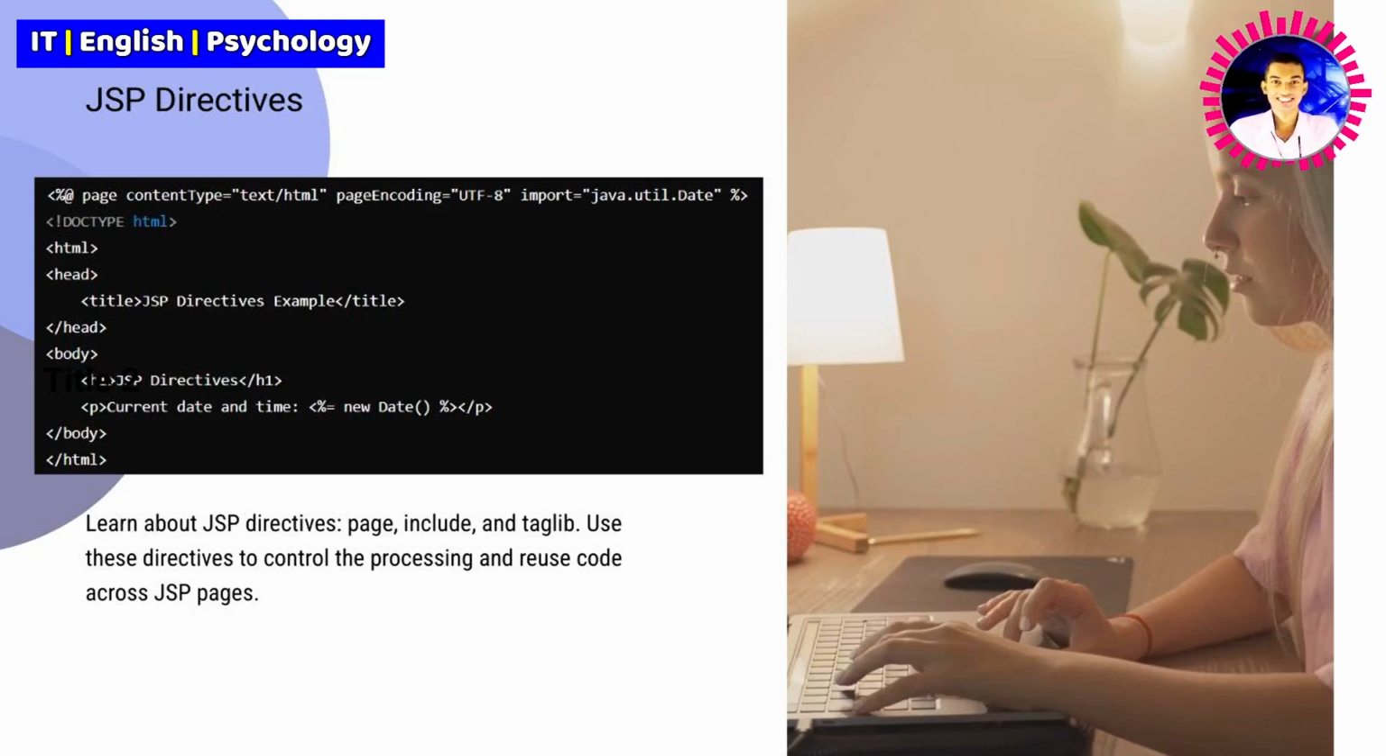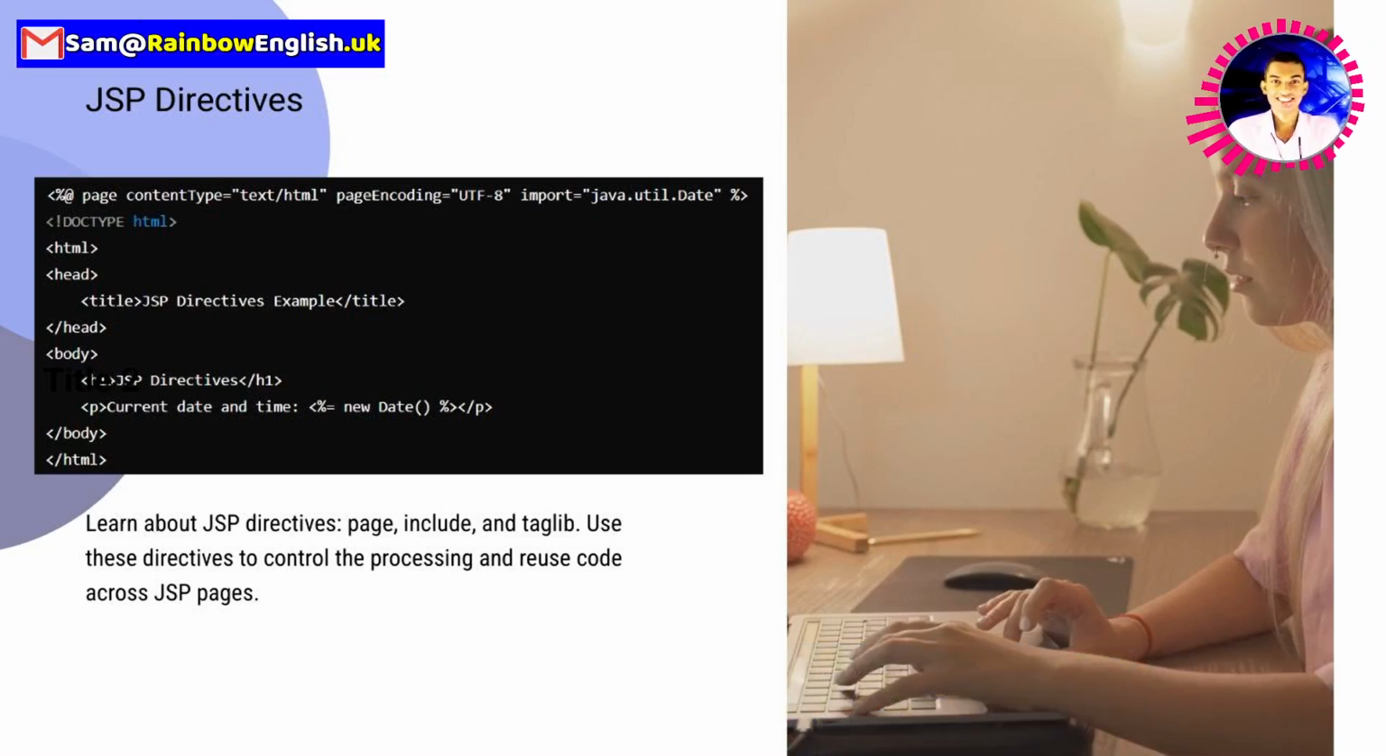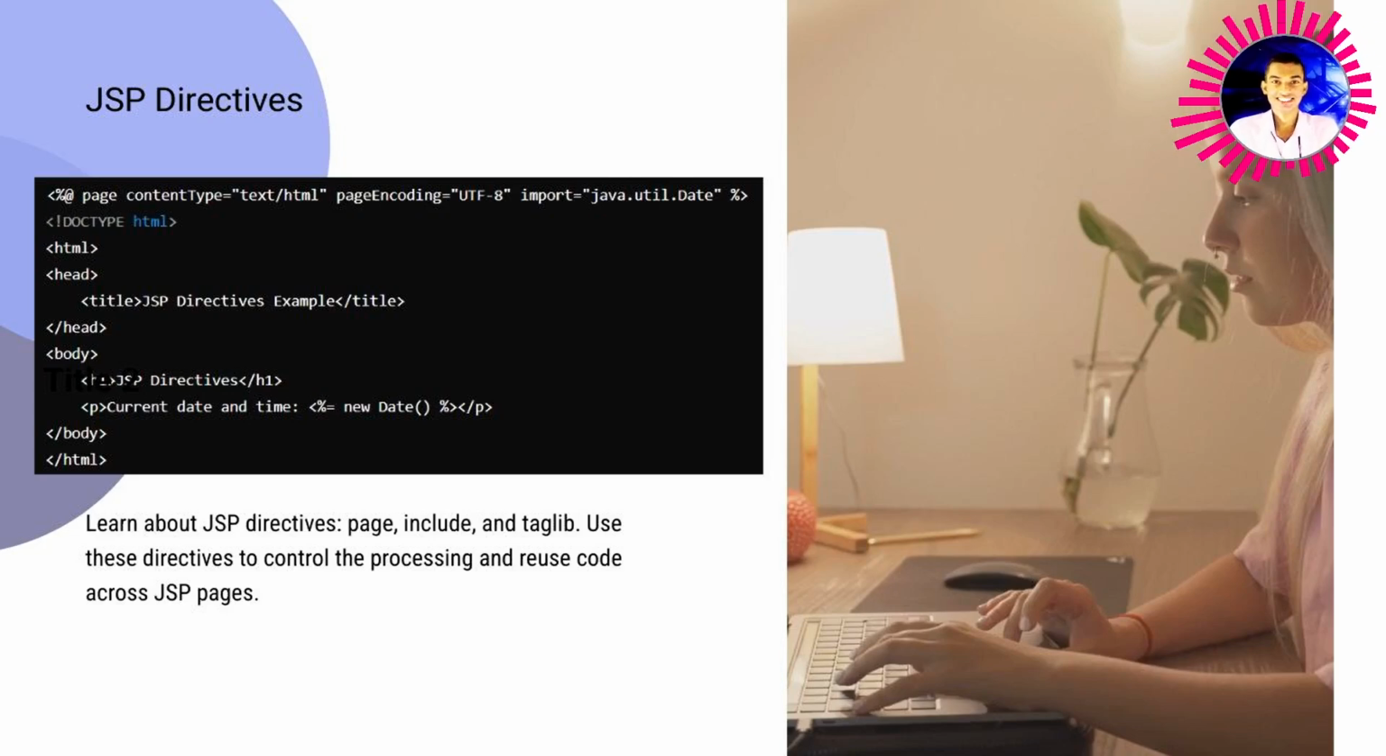The include directive is used to include a file during the translation phase, allowing you to reuse code across multiple pages. The taglib directive is used to declare a custom tag library that you can use in your JSP pages. Let's take a look at how to use these directives in your JSP pages. In the following example, we'll use the page directive to import the java.util.Date class and set the content type to